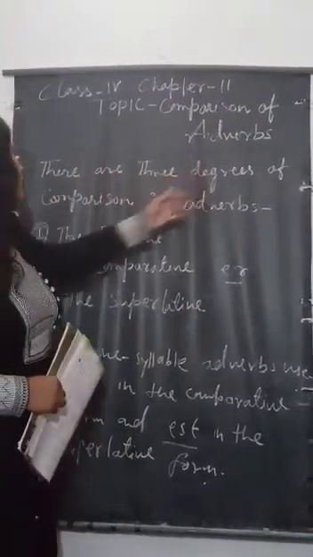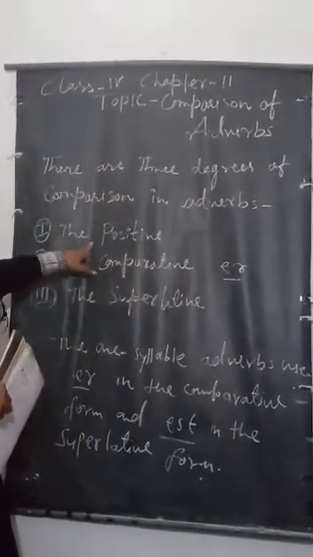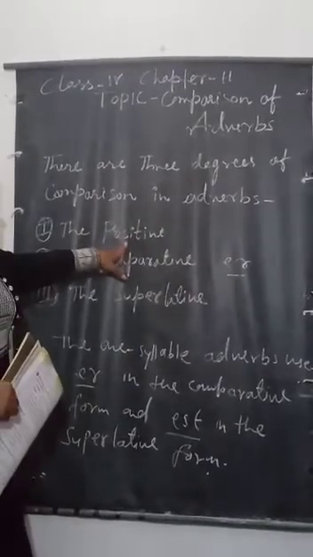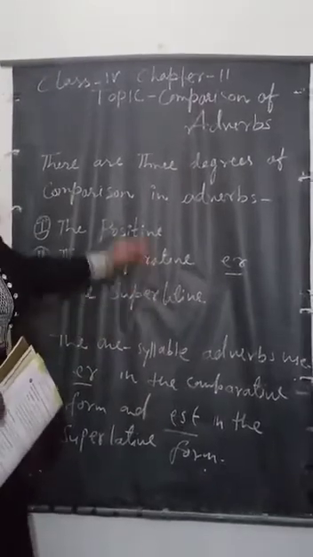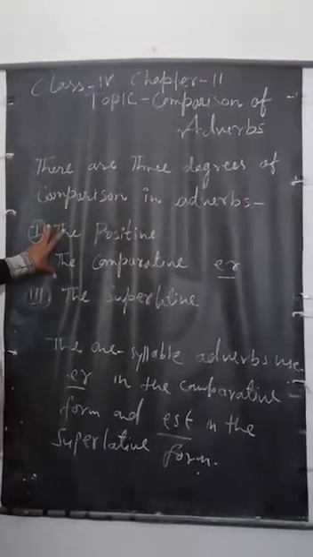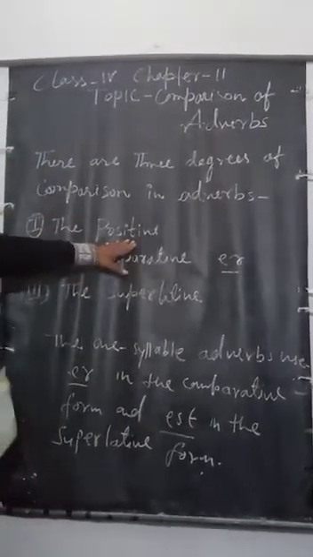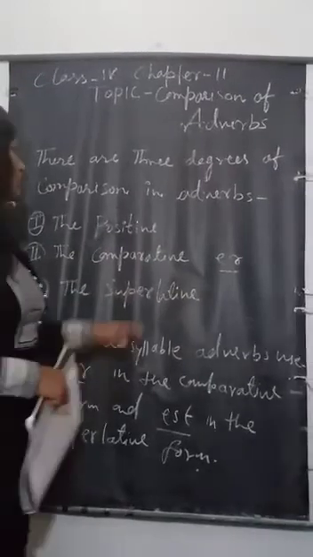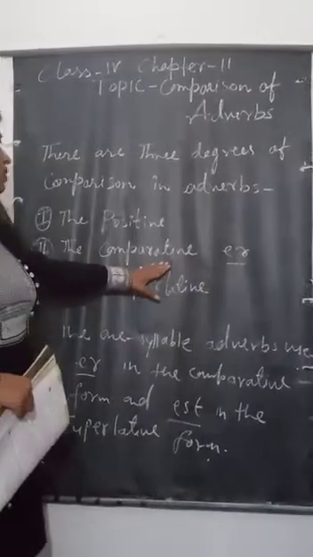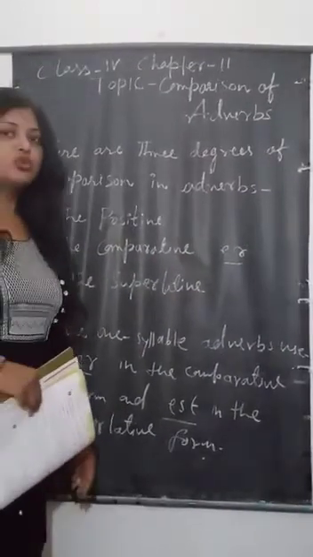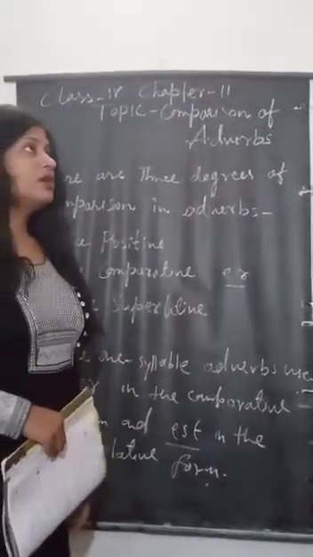There are 3 degrees of comparison in adverbs. Here are given the positive, the comparative and the superlative. Now what is positive? Positive is singular, not a comparison with anyone. Comparative is a comparison between 2 persons or 2 things, and the superlative is a comparison among more than